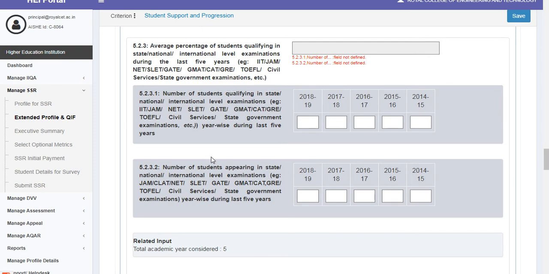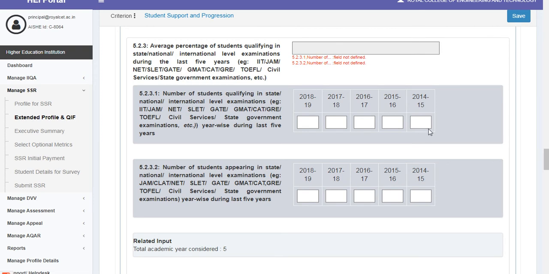You have two sub questions in this metric, 5.2.3.1 and 5.2.3.2. The first sub question is you have to give number of students qualifying in state or national or international level examinations year wise during the last 5 years, and in second sub question you have to give number of students appearing in state or national or international level examinations year wise during the last 5 years.